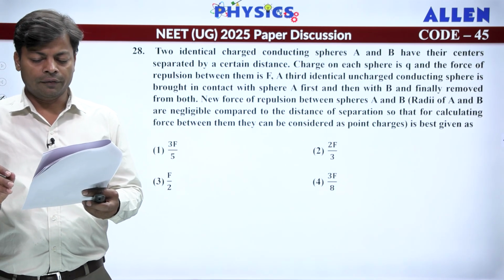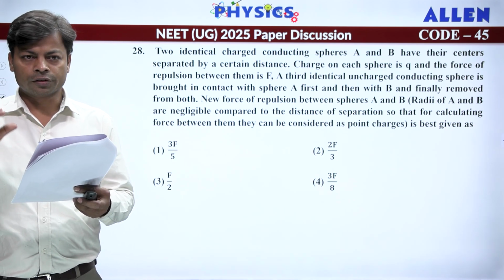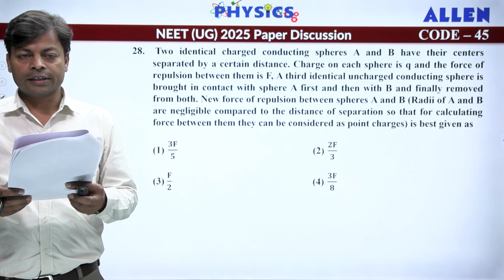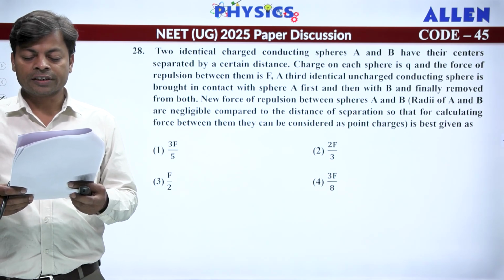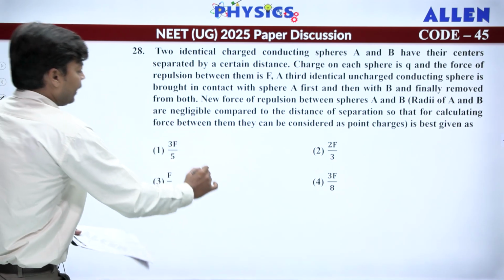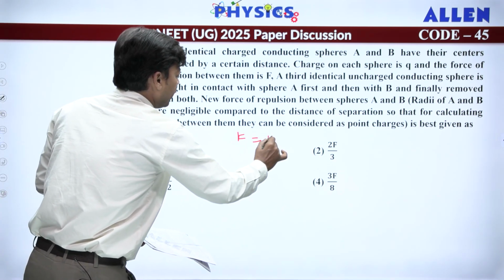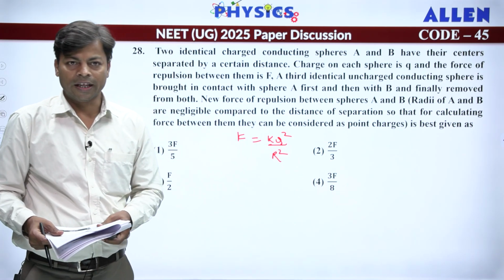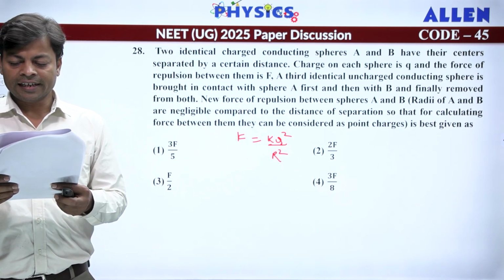And here we have to read it carefully. The question is long but the answer is small. Two identical charged conducting spheres A and B have their centers separated by a certain distance. So we can write force is kq square by r square. Initially the force between A and B. Now it says that